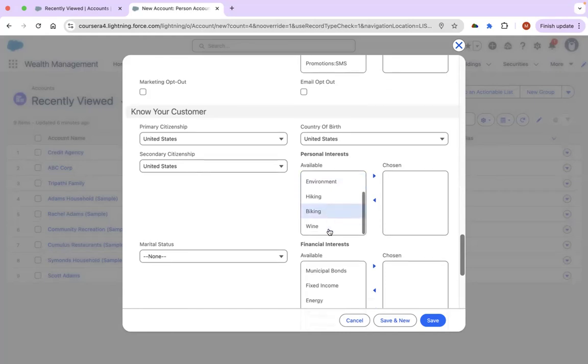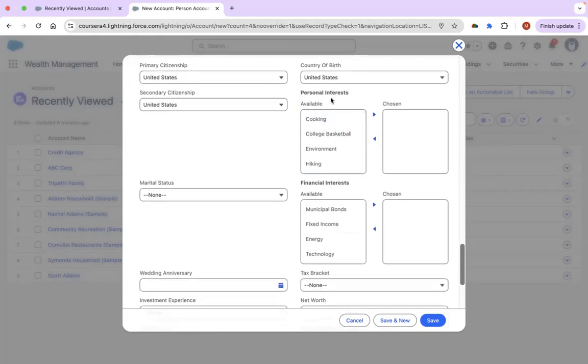Okay, and we can add multiple things here in the personal interest. It is completely customizable, like how we do it in the pick list field. This is a multi-select pick list. You can add multiple fields here. So let's say environment, and maybe hiking,